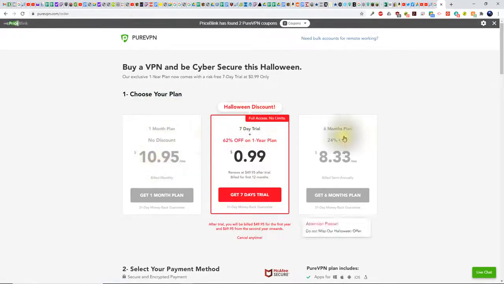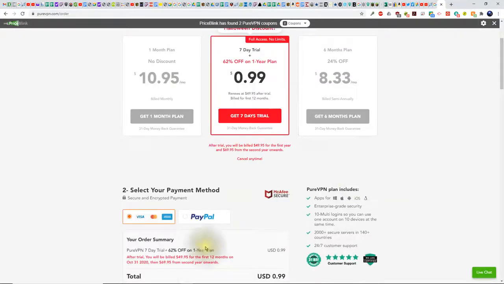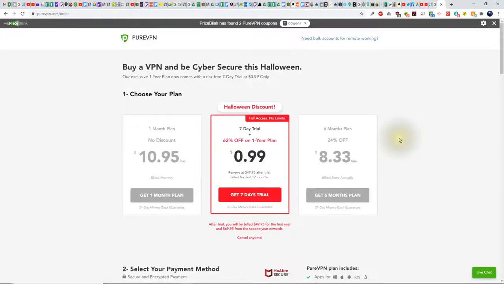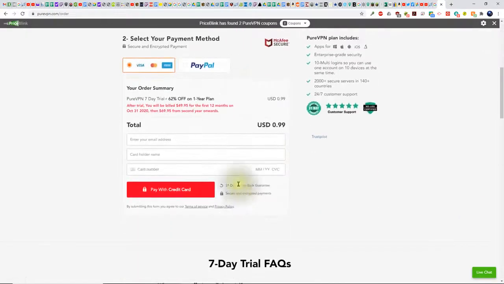Now normally there's 3 plans at the very top, a 1 month, 7-day trial, and 6-month plan. There are longer terms such as 1 year, 2 year, as you can see down here. You can actually save more money. But let's just say that you wanted to try it out and click on the 99-cent version here. So let's click on 99 cents. And it comes down to here.